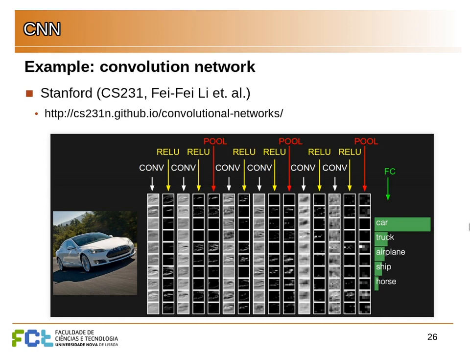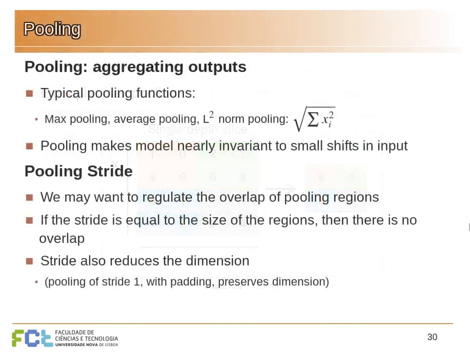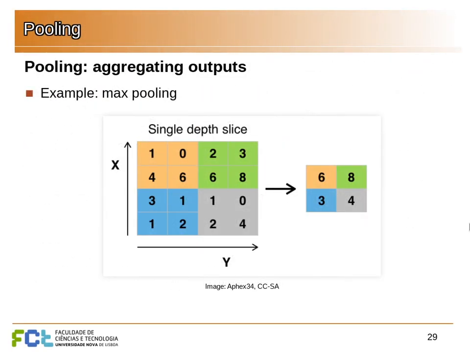And the other thing is that we are abstracting from the position of where those patterns were found, and only looking at the information that they were found somewhere in the image. So when we do this, for example, this 6 and this 8 indicate strongly that the pattern was found, but we don't really care if it was found here or here or here or here, we just put an 8